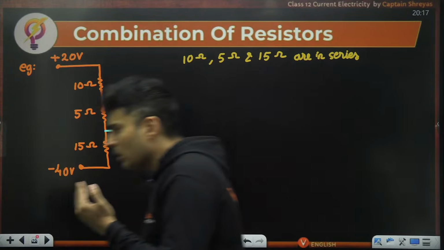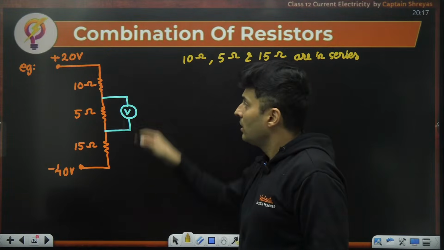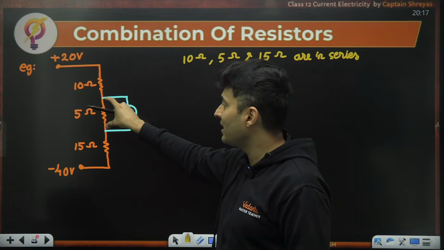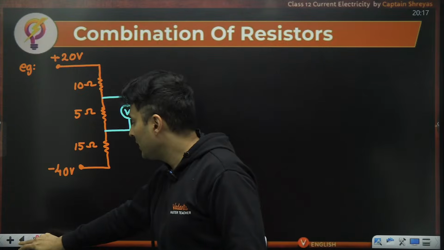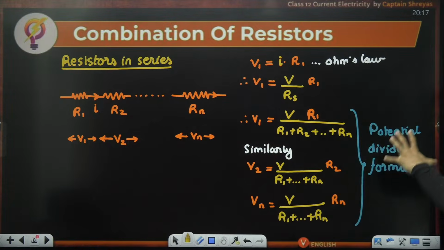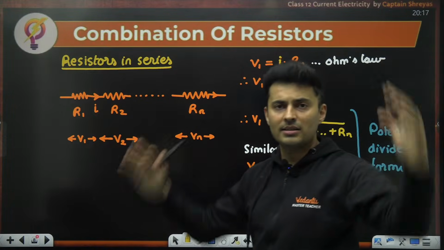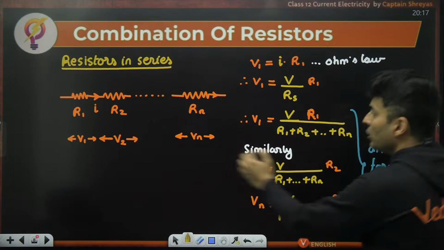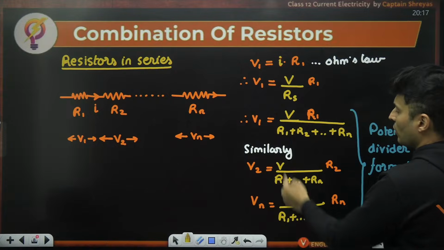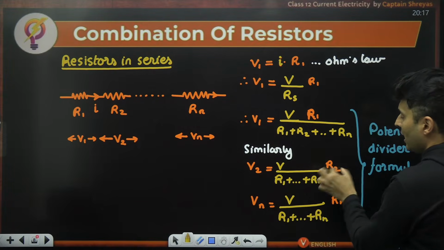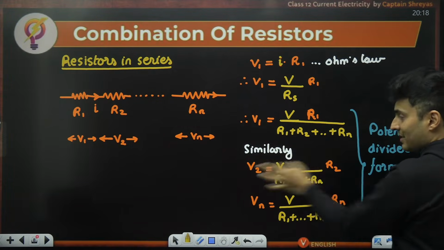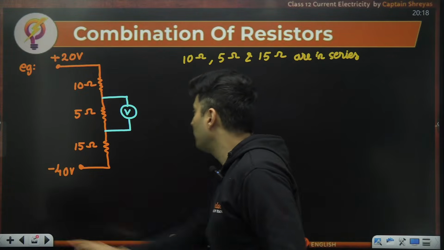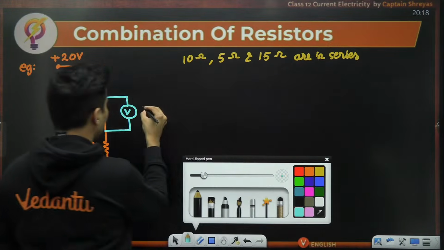Now, look over here. Since all of them are in series combination and I want to find the voltage across any one resistor, I can definitely use this potential divider formula, isn't it? So what do I need to do? I need to take the total voltage across the combination, divided by the total resistance, and multiplied with that specific resistance across which I need to find the voltage. So that particular reading will be, observe carefully,